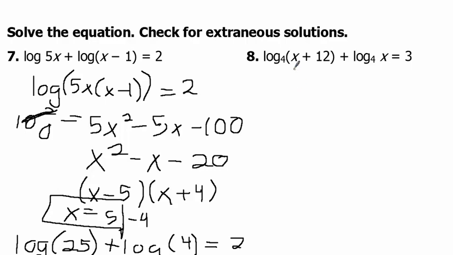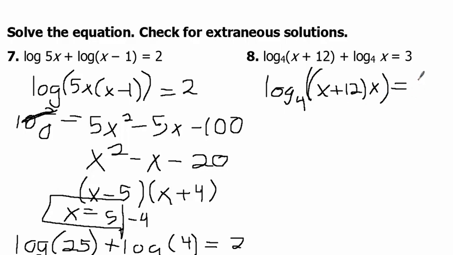Okay, let's put these two things together. We are going to get log base 4 of x plus 12 times x equals 3. So 4 cubed equals, multiplying these out, x squared plus 12x. This is 64, so we end up with